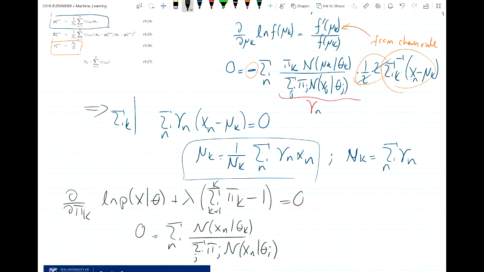Yep, plus lambda here, and from there actually with one more step we get here the lambda equals minus n,